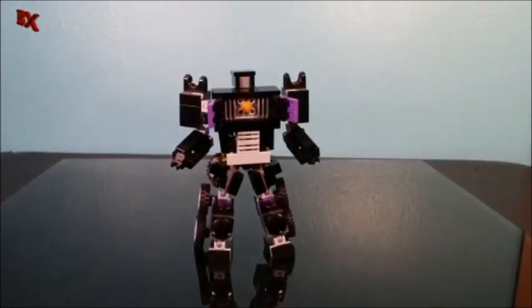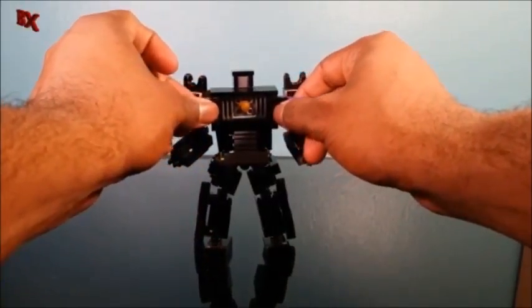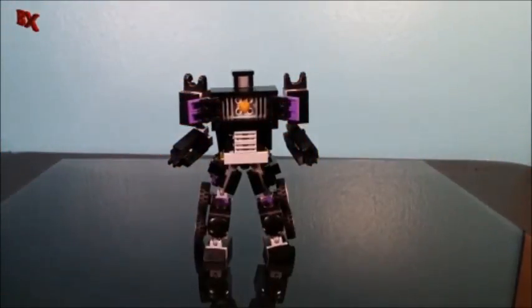So he actually has a matrix for the first time. Yes. I thought that would be pretty cool. I'm not even completely sure if Motormaster is supposed to have a matrix, but I gave him one anyway. So yeah, you'll see that reused in Nemesis also. And it also provides a combiner port for